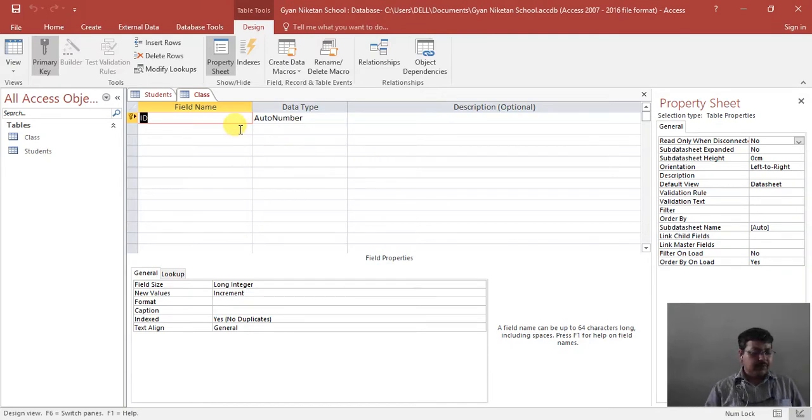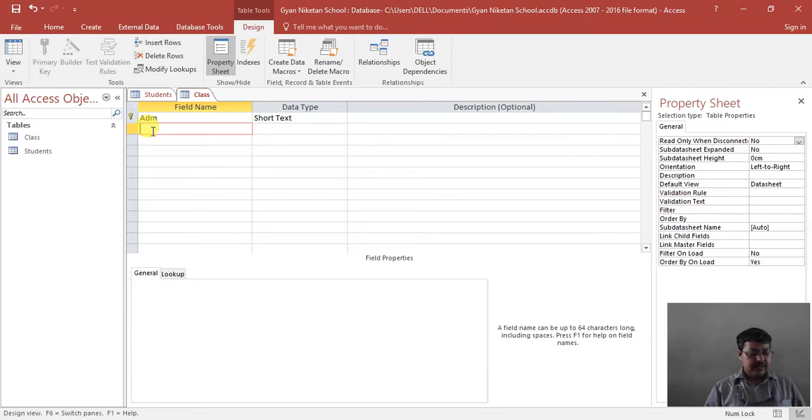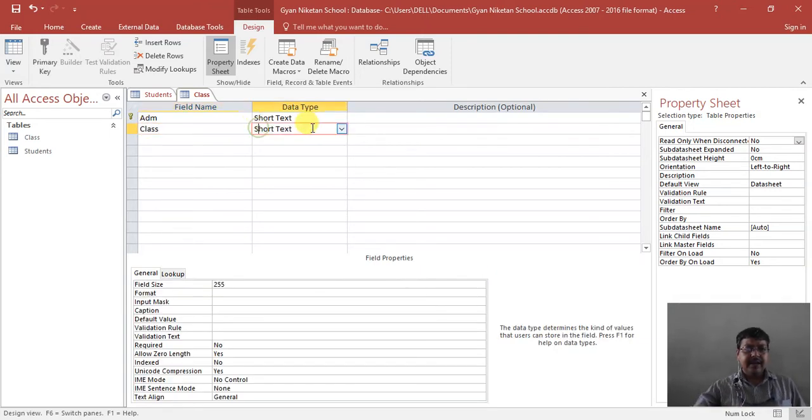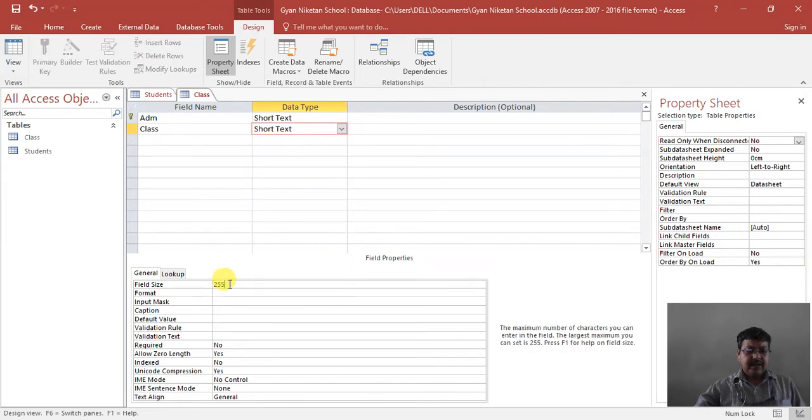In that table you have to set ADM, and it is also set as short text, and I have set 6 only. Next one, class, short text, and I have set only 2 characters.